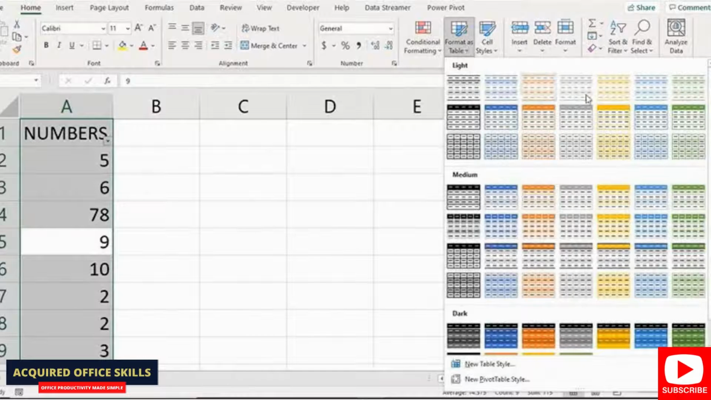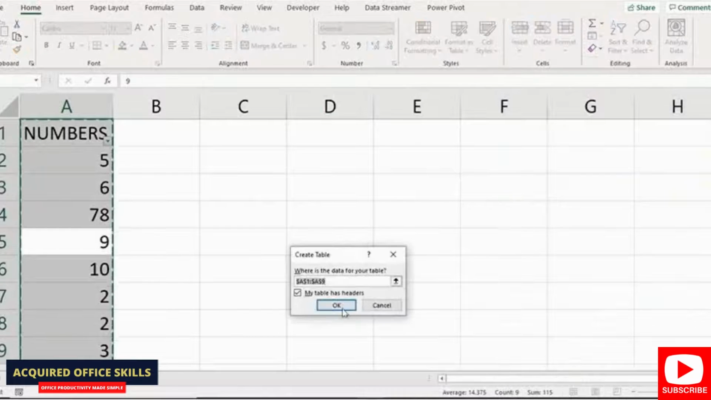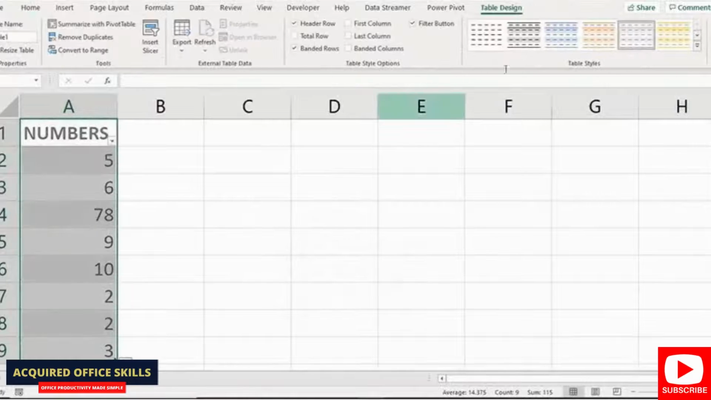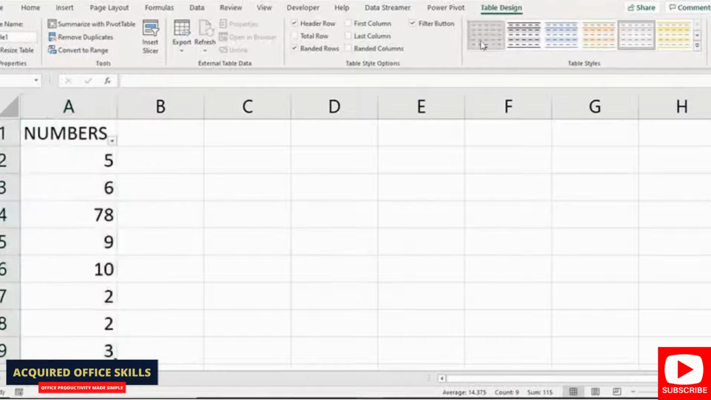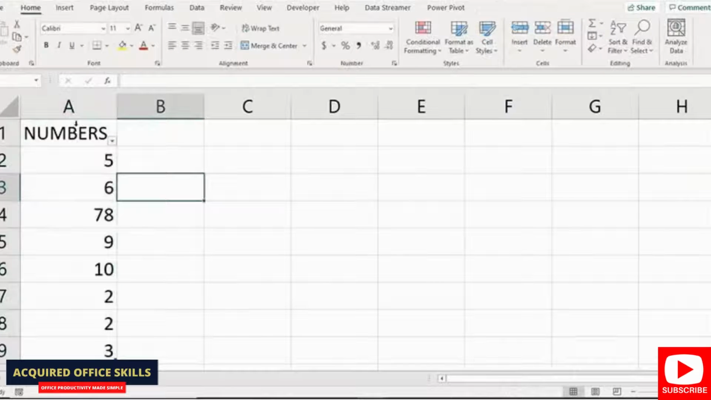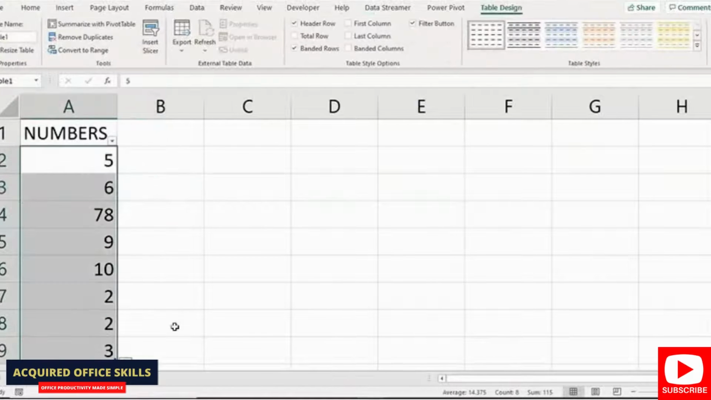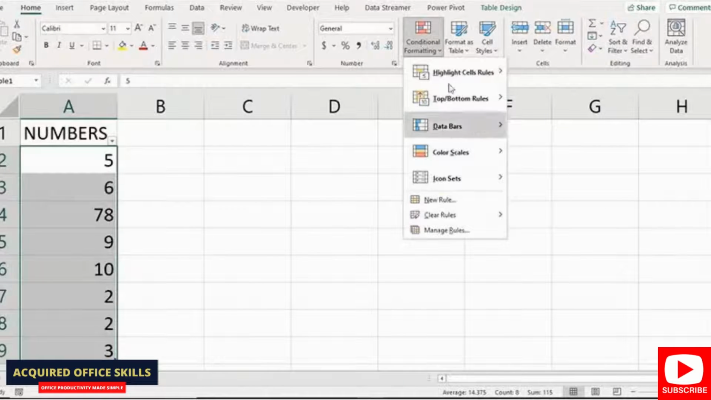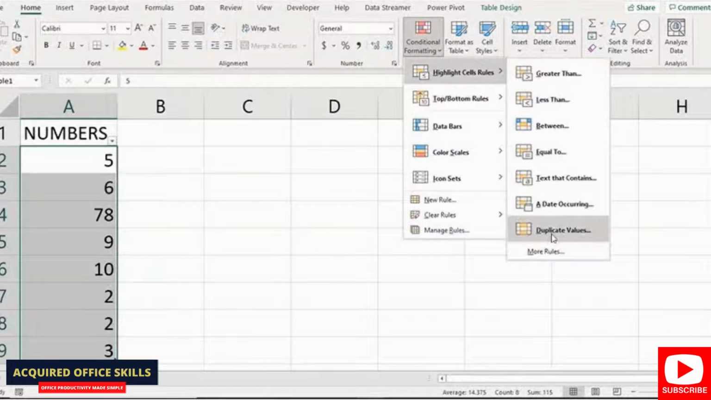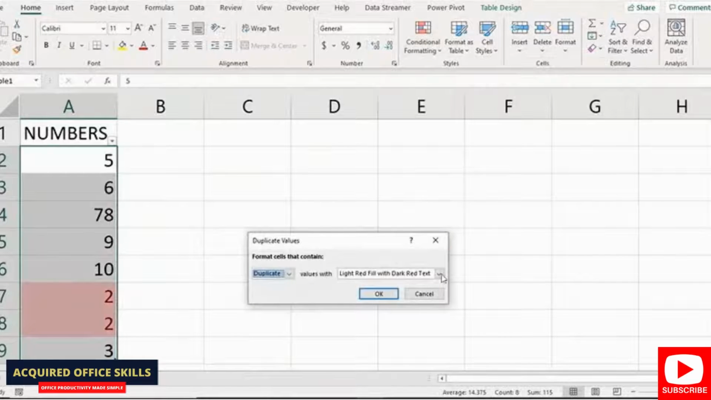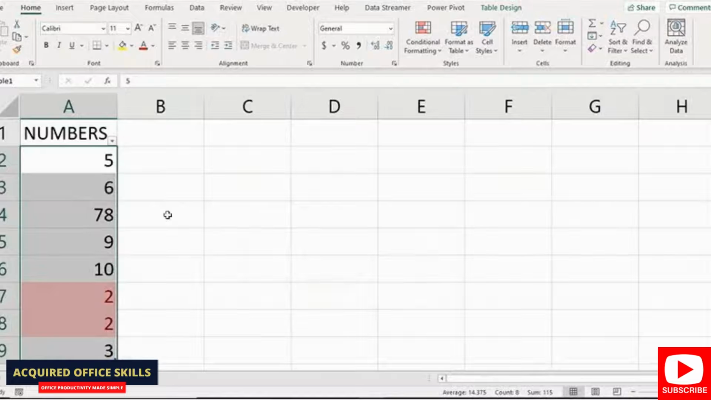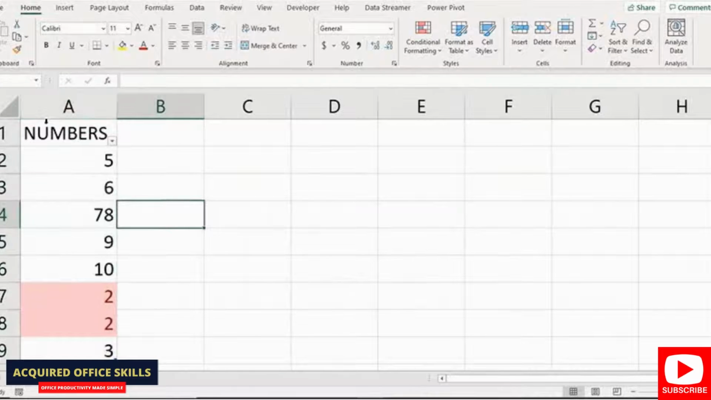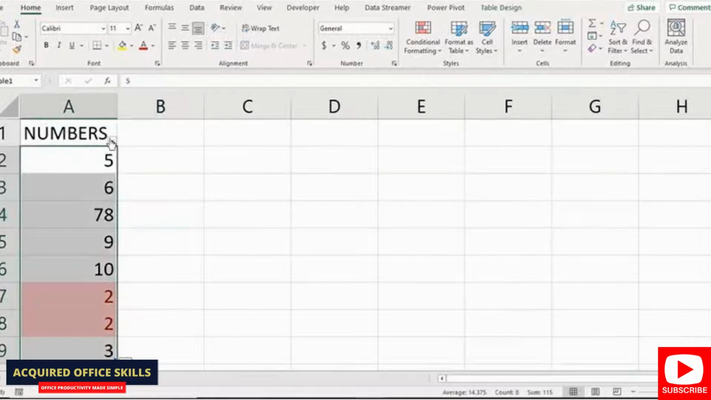So I'll just format my data as a table without color. Then from there I can just click here to highlight all of the cells at once. Click on the Home tab, conditional formatting, highlight cells, duplicate values, then click there, or click the drop down menu,